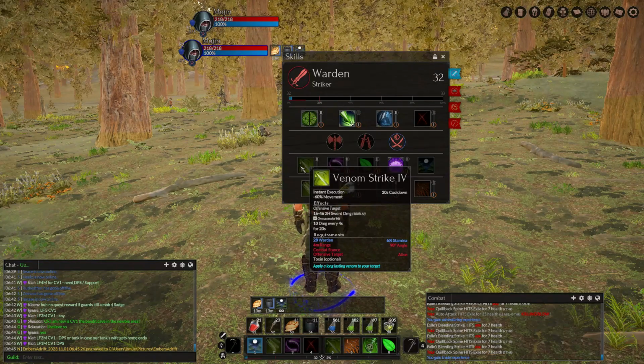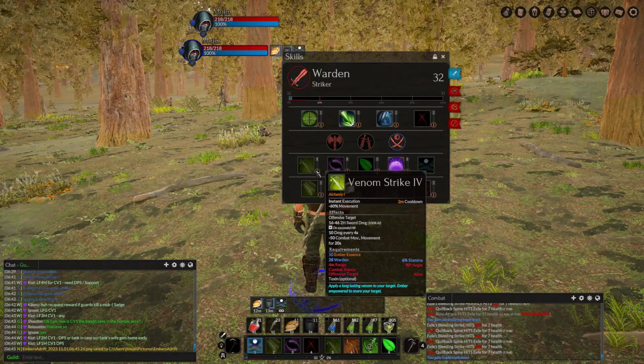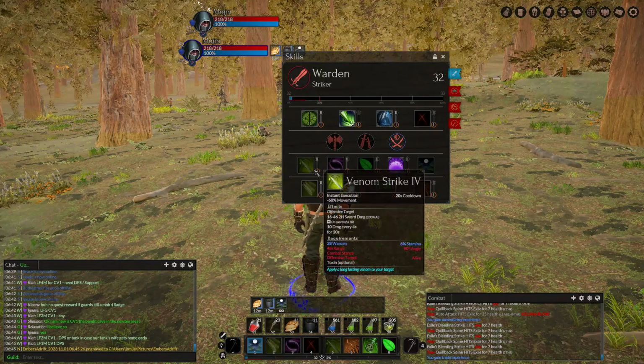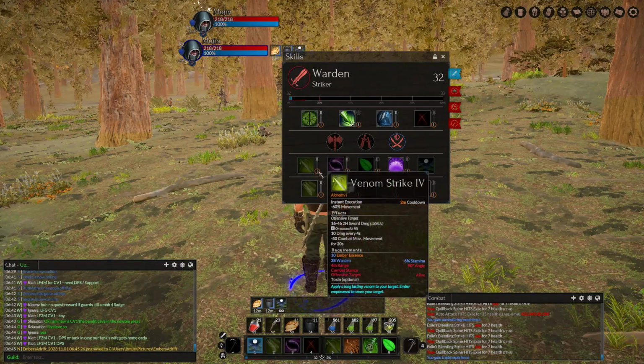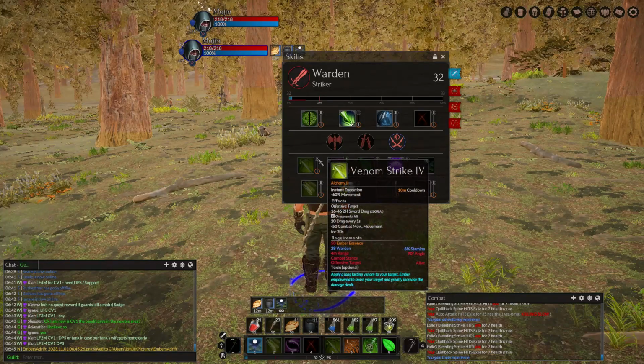Here we see that it does damage and then leaves a dot. And when we upgrade it with the Alchemy, it also slows the target, which feeds into the Warden's controlling the situation kind of vibe that they have. So the Alchemy slows it down, and if we go up to here, it just